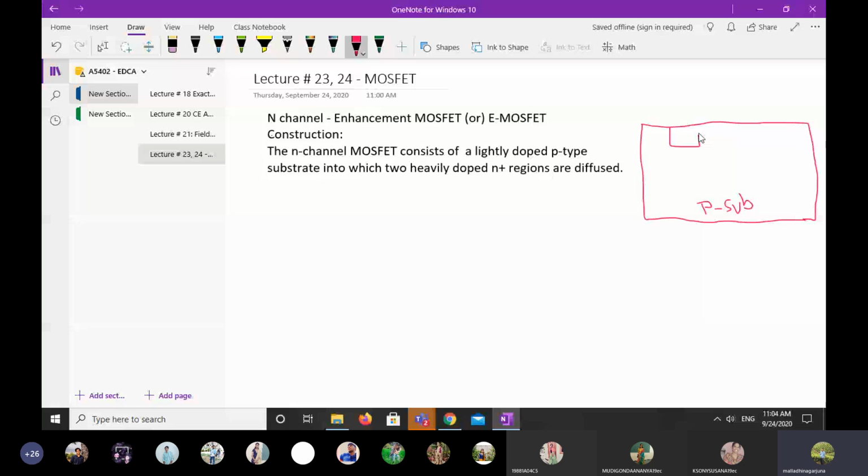These two N plus regions are the heavily doped N type regions, N plus and N plus. So we take one P substrate, and in that P substrate we are diffusing two N regions. That is the first point, and the second point is,